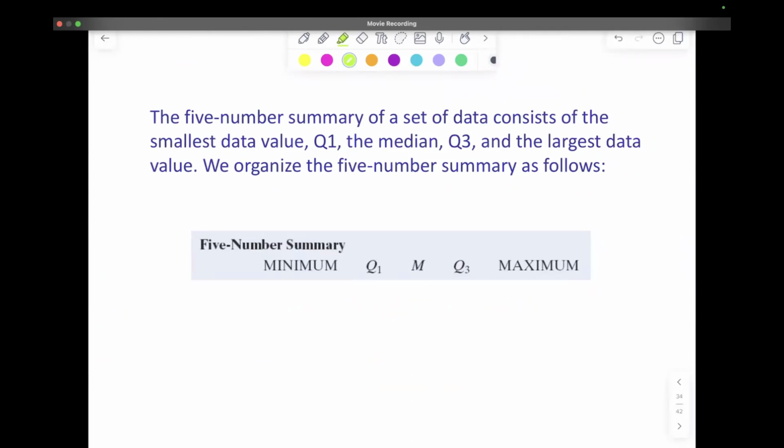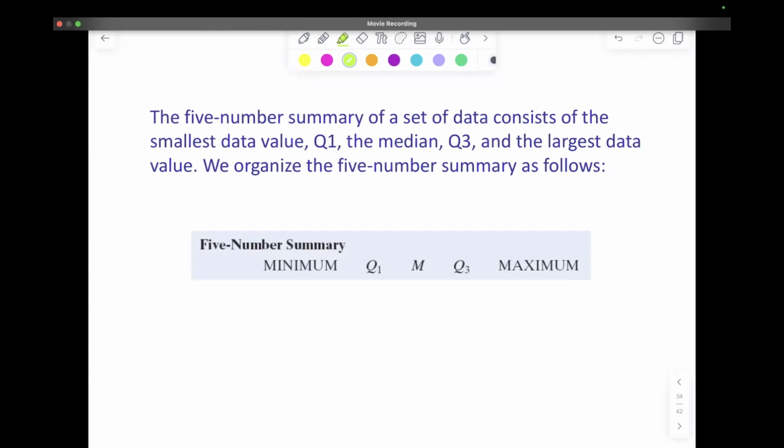Okay. So the 5-number summary. If I have a super large data set, let's say a data set that has 87 pieces of data, I don't want to always have to dig through 81 data values. Nobody wants to do that. It's not fun. Therefore, we can organize our data in what's called a 5-number summary, which gives us the